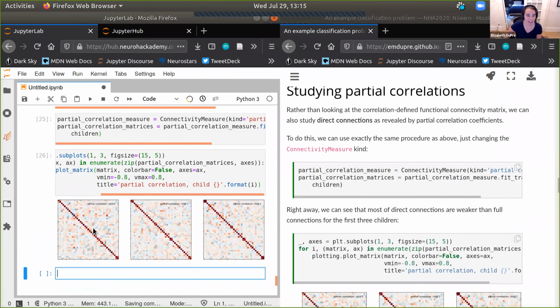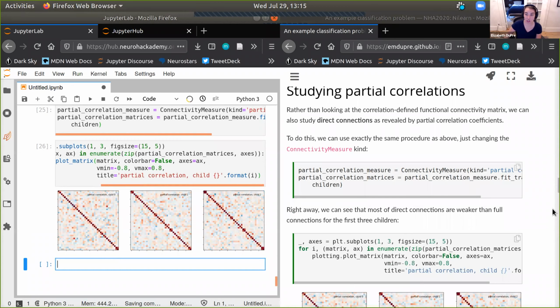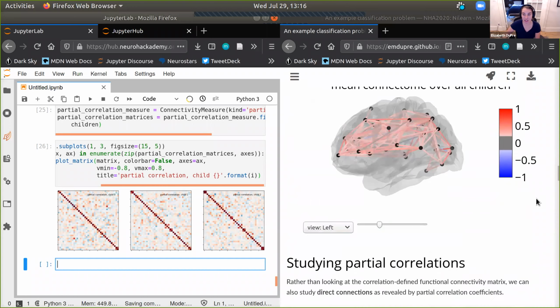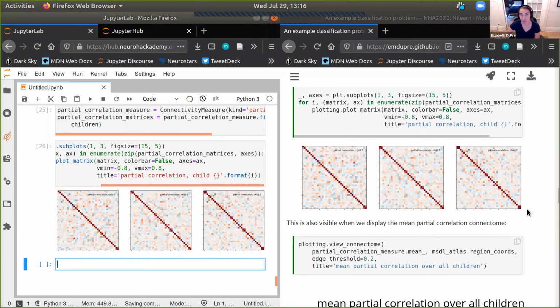And here you can see right away, it's a vastly different structure, right? If I zoom back up, I can see that compared to just regular correlation, now it looks like there are many more weak correlations than before, and this makes a lot of sense. If you're familiar with these, you know that with just correlation, we're looking at pairwise ROIs, but with partial correlation, we're correcting for other known connections. And so we are trying to more directly investigate direct connections, and we expect that there are fewer of those, right? So this is a very different functional connectivity matrix, and we can then wonder how it will impact our accuracy.